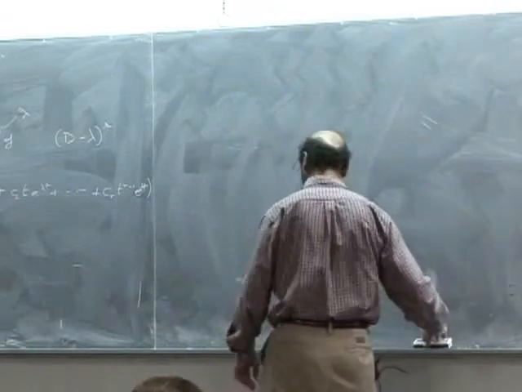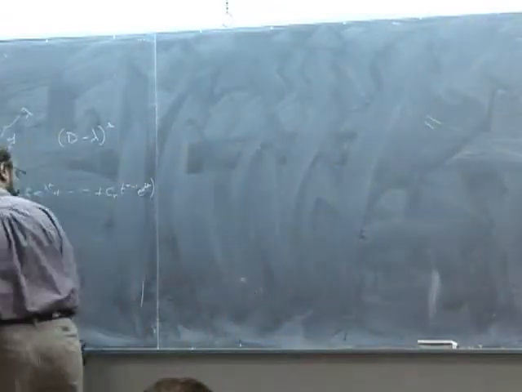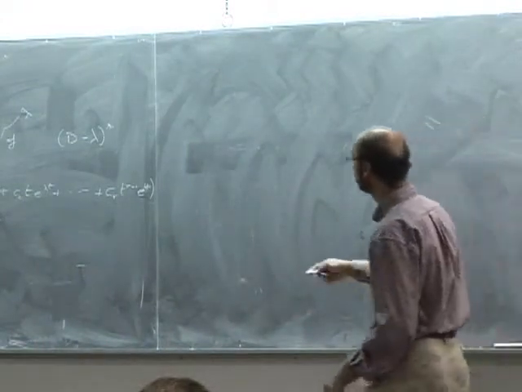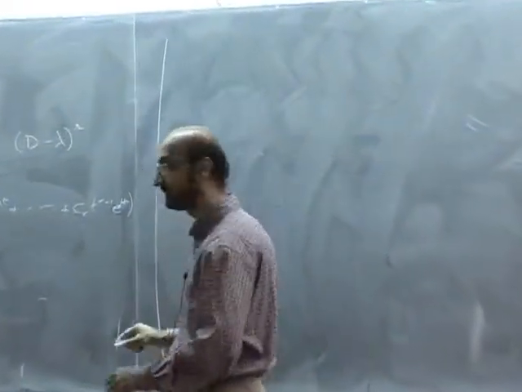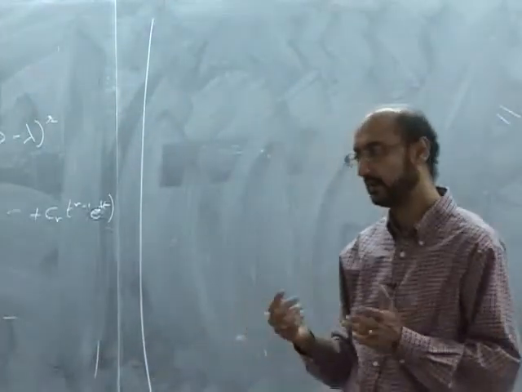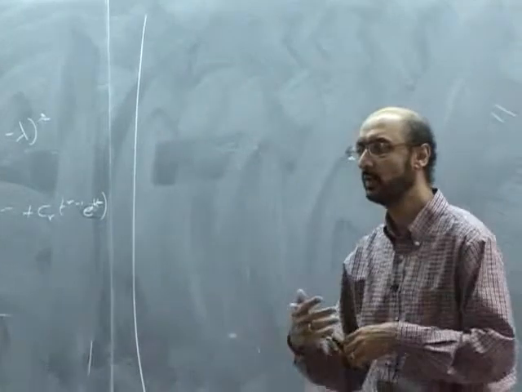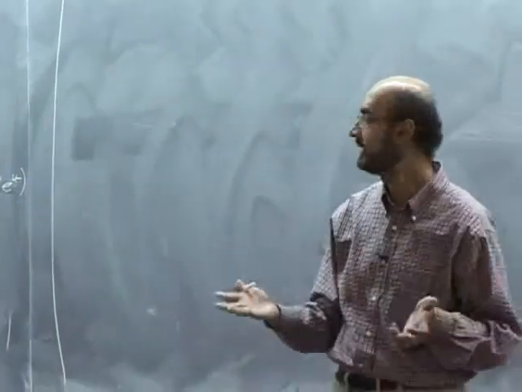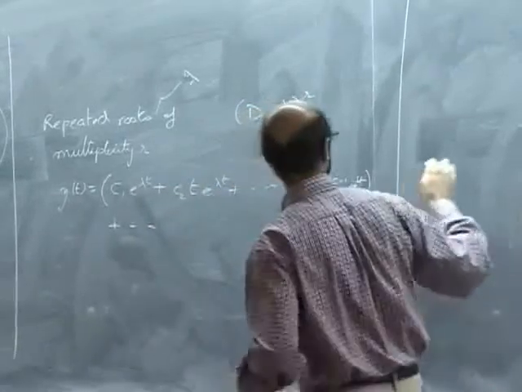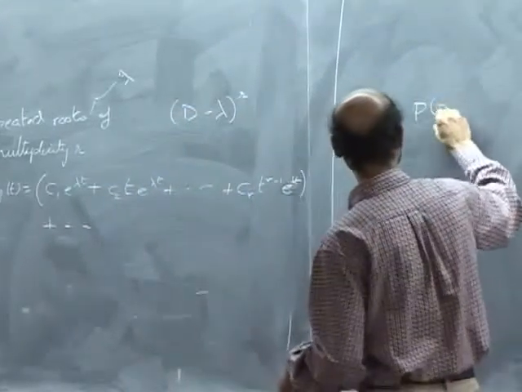I'm going to state, and then I'll show you in just a minute, something about an LTI system, which is that the way it behaves is dependent on the roots of this equation over here, the P(D)y(t)